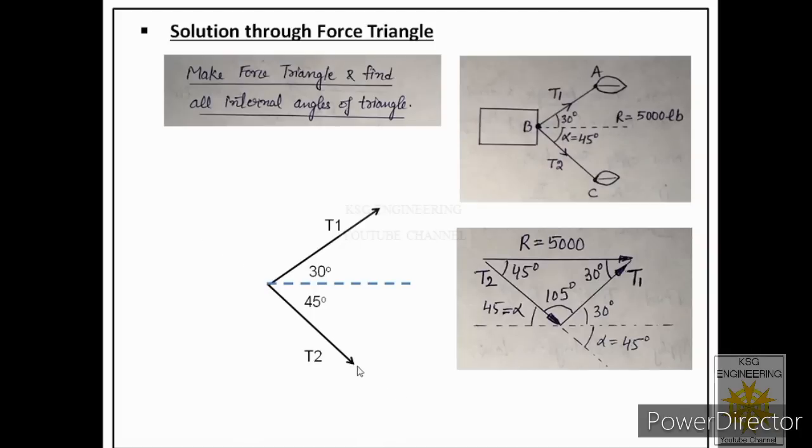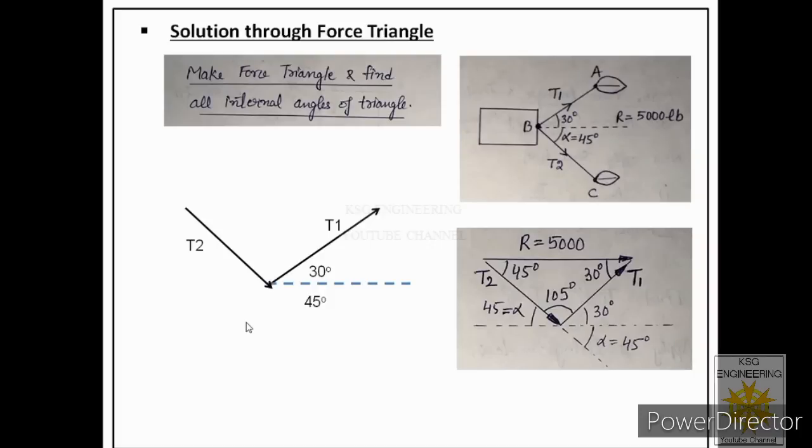And we know we can apply the law of transmissibility, and through that law we can shift T2 from this place to this place, which is still on the line of action of this force. So the net effect will remain the same. See, I'm going to shift this force from this place to somewhere over here. Fine. See, the line of action is maintained. It is the same. So if you do this, then there will be no change in the net effect.